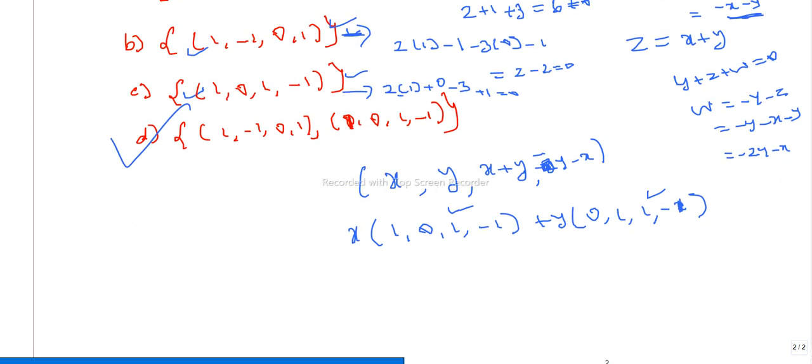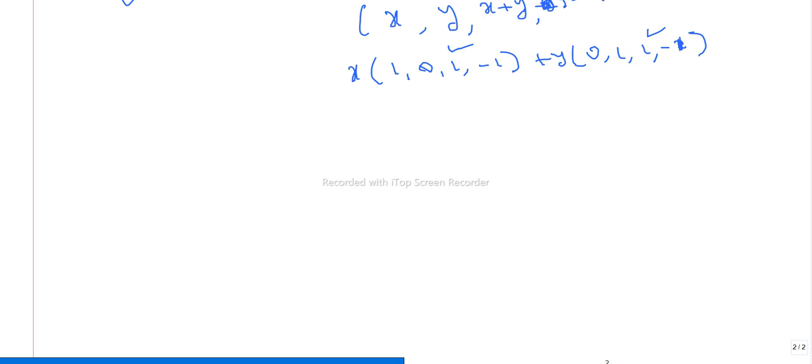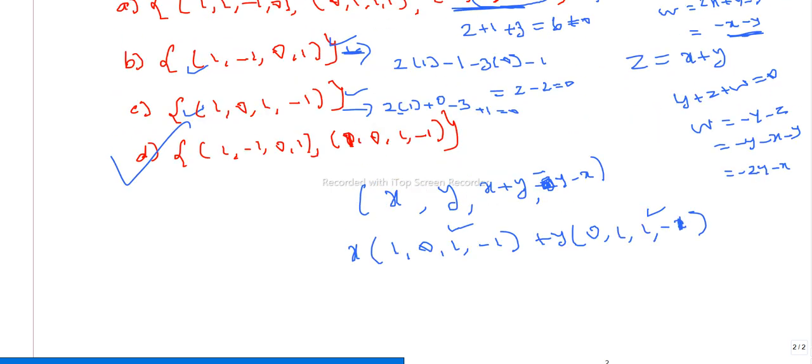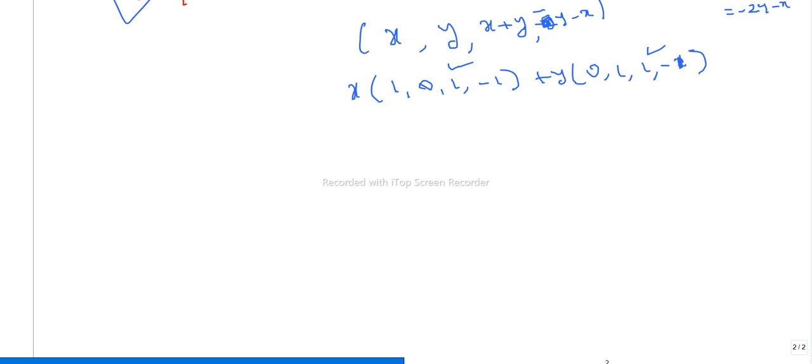Now next one, otherwise you have to check the vectors given in the basis, you can check it easily. Another type of question is finding the matrix of a linear transformation for a given basis. This is a very important question, regularly they will ask it in any examination. Suppose they give some linear transformation and then some basis, you have to find the matrix corresponding to that linear transformation. Suppose T is a linear transformation defined from R3 to R3,